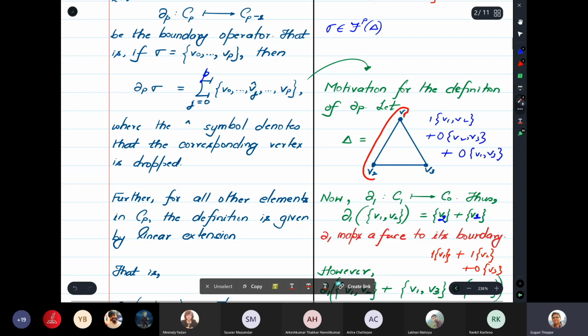So you have this V1 V2 face, right? Its boundary is made up of these vertices V1 and V2, right? So if you give this edge as input to this boundary operator, it will spit out V1 plus V2, which you can see is the boundary elements of this edge, right? So similarly, let